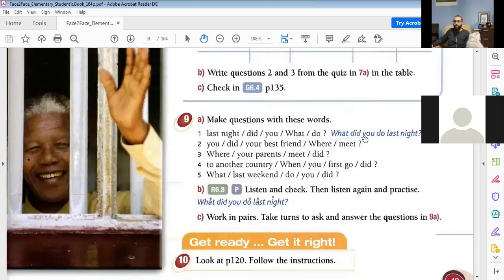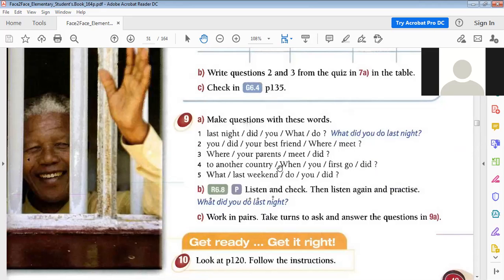So here we want to make questions with these words. So the first question is, what did you do last night? And number 2, Manal, can you do number 2? Okay. Where did you meet your parents? You did number 3. Okay, no problem. Where did you meet